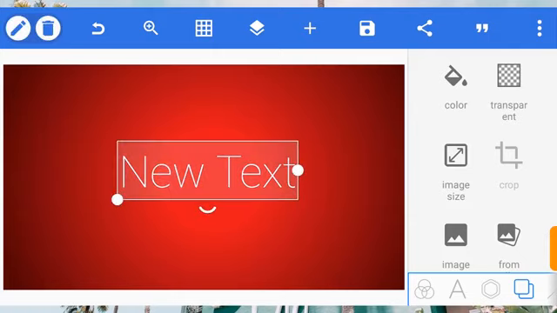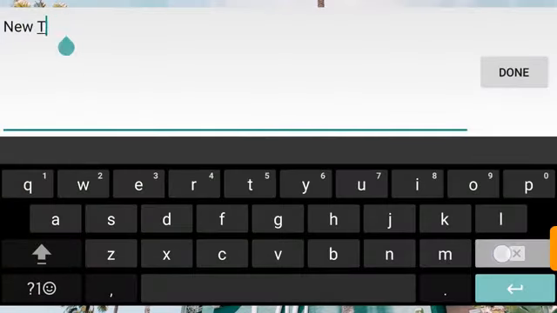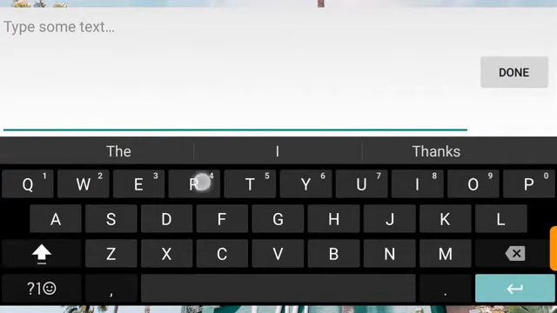The next thing that we're going to do now is edit this text. The text is going to be fire. In order to edit text in PixelLab, you are going to double tap on it or double click it. If you are using a mouse, you double click. If you are using a touchpad, you double tap. When you double tap on it, you're going to edit the text. The text is going to be